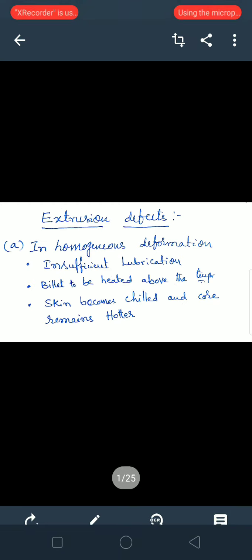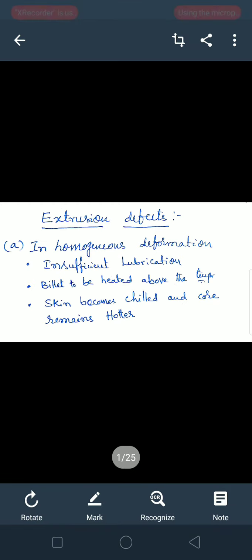Once again, the design of the die also strongly influences how to avoid defects. Flat and square dies are normally used for non-ferrous metals and alloys, whereas conical dies are used for ferrous metals and alloys. Conical dies have the disadvantage of more die wear along the length of the die, and the land decreases, thereby reducing its strength and life. Therefore, flat dies are normally used for the extrusion process.